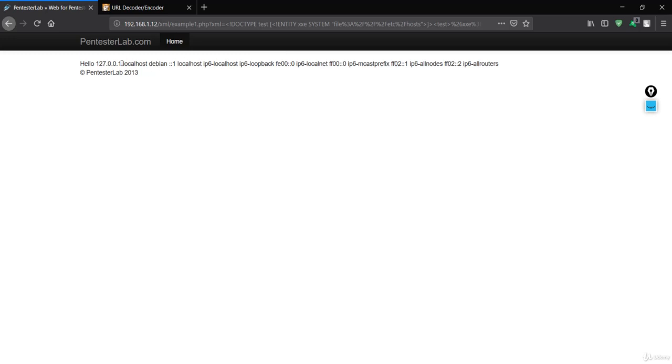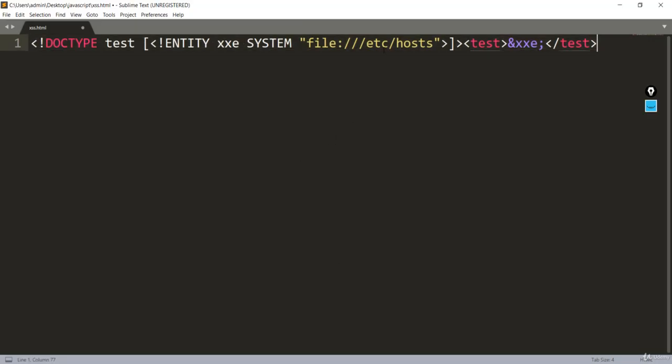You can see the server is running localhost Debian, and this is the content of hosts which is inside this etc folder. So you have successfully got the content of a remote file which is hosted on the server.